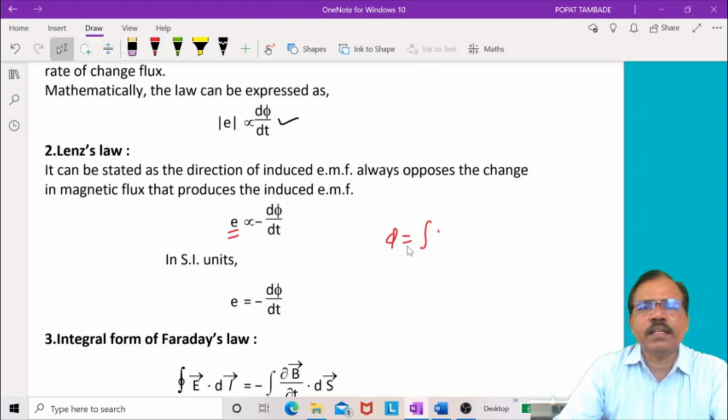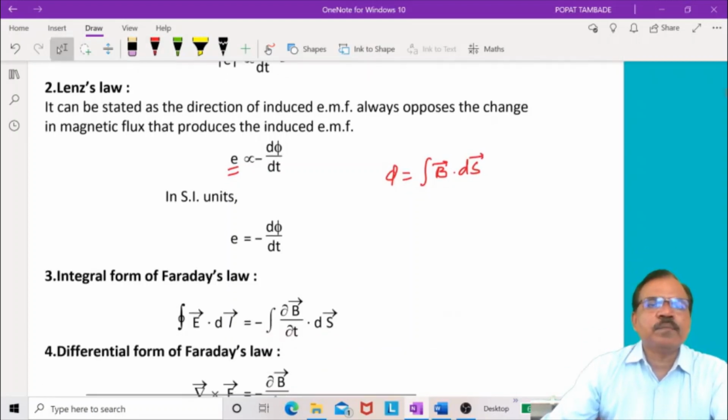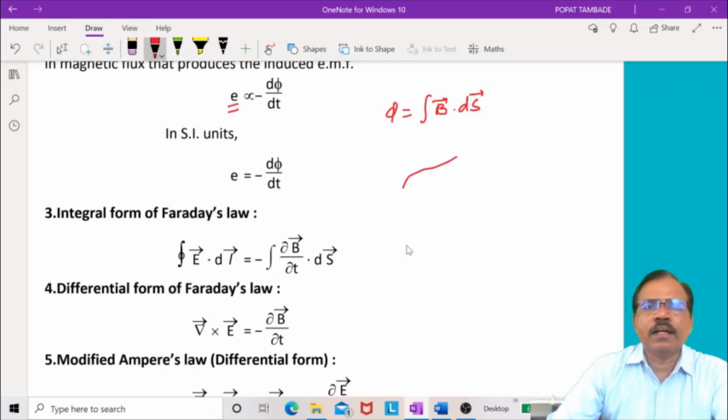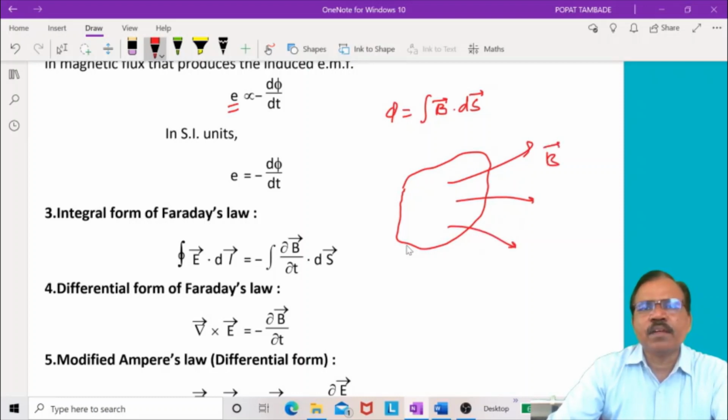That is, we take integration B dot ds. So here we have the integral form of Faraday's law. Suppose we take some closed circuit or closed loop. This is magnetic field B. We take some area here, ds. This is vector ds, and EMF is induced, so current flows. So if we take here length element dl